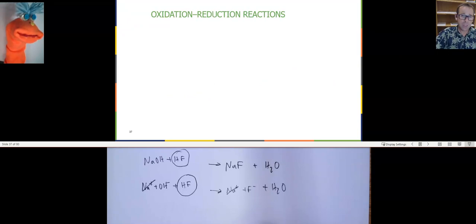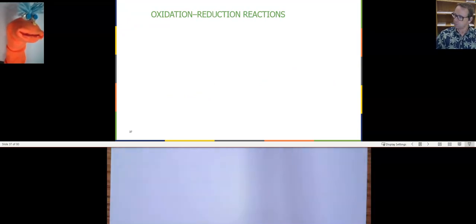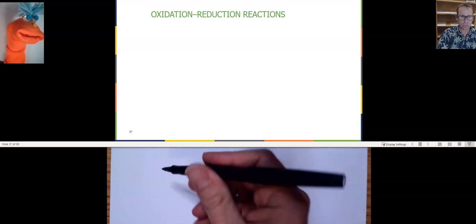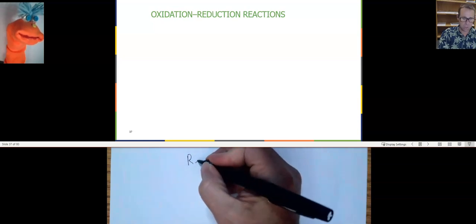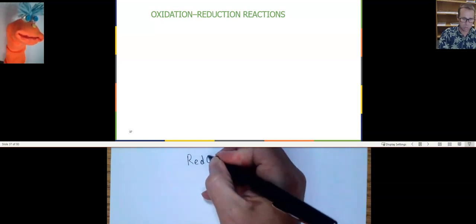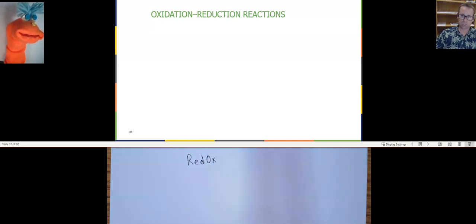All right, now we're going to introduce to you a second kind of reaction. The metathesis reaction, AB plus CD, that's what we just went over, right? But now we're going to talk to you about what's called an oxidation reduction reaction. You can also call it a reduction oxidation reaction. You'll also hear it called a conjunction of the words reduction and oxidation, which is simply redox reaction,